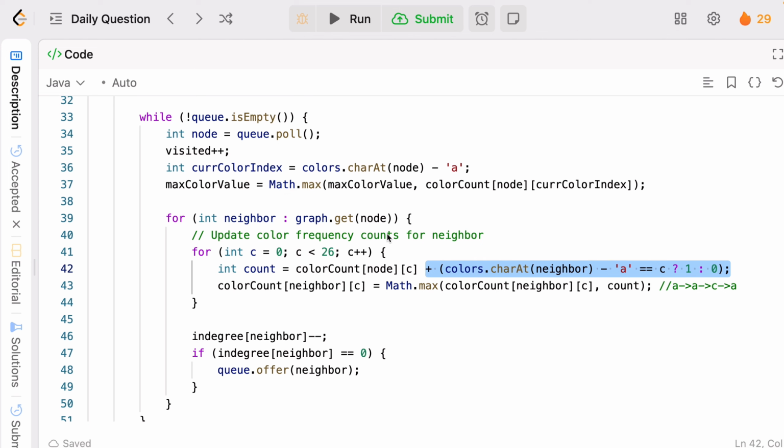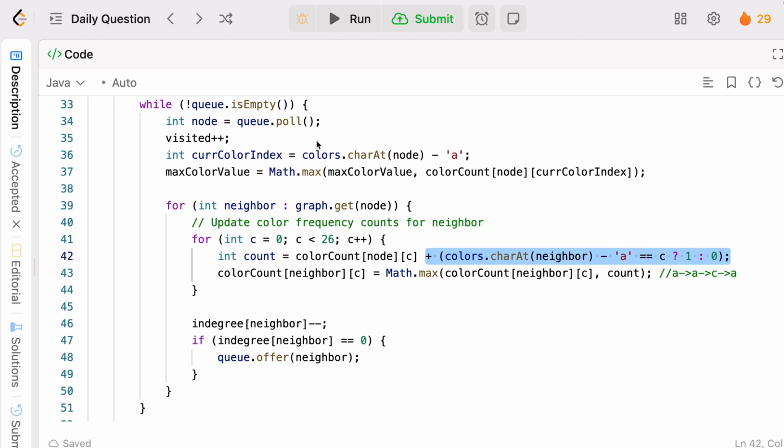What is our purpose here? For each current node, this node, we will get its color. How will we get the colors? First of all, you get the current color index and you find the color. Then we'll increase the color count of the node, update the global color, and finally update the global result if the color count is max. Okay,